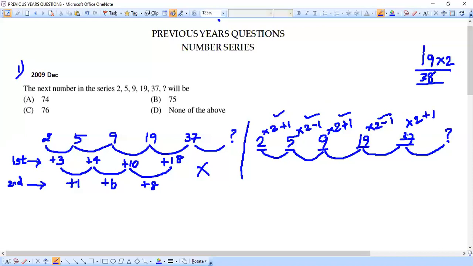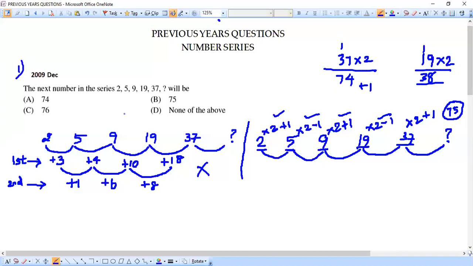If I do that, what value will I get? I will just see 37 into 2. I'll work it out separately and show you. 37 into 2: 7 twos are 14. Again, 1 is a carry. 2 threes are 6 plus 1 is 7. So 74 I'm getting. 37 into 2 is 74. Now with the 74, I need to do a plus 1. So that will give me 75. And that will be the number that comes in the place of the question mark.